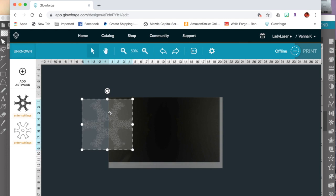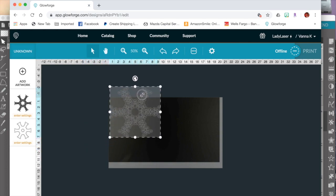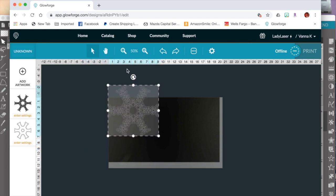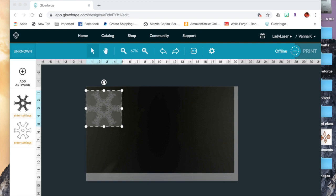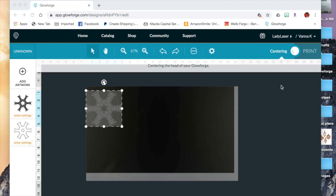You can see that there's a ruler, a toolbar up here. And go ahead and move that down. I still need to go load my material into my Glowforge and turn it on. So I'll leave this screen running so you can see what that looks like. The Glowforge will go through a focus and centering, and you can hear that happening now. While we're waiting on that,